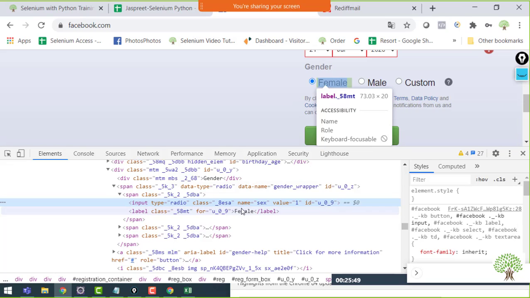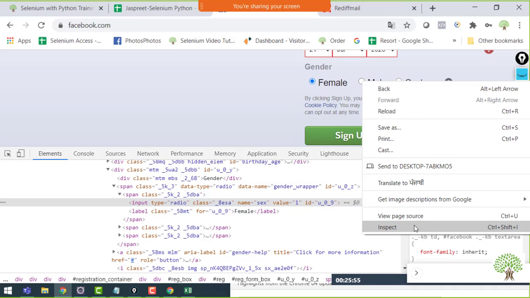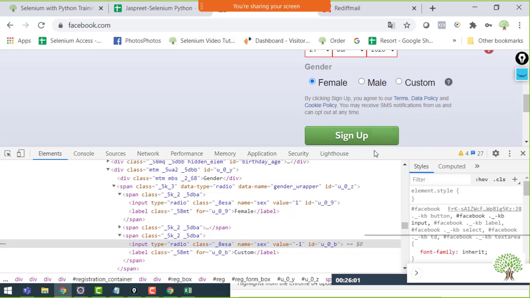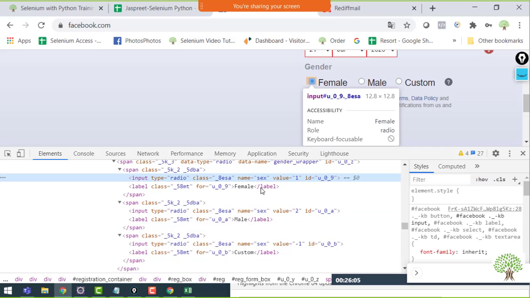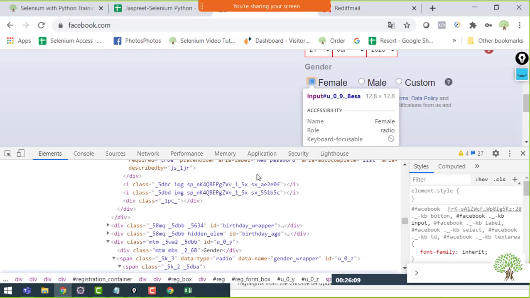Over here you can see the name of this attribute is this, and if I inspect another radio button, that also has the same name. And the third radio button on this page, so all three of them have the same name. You can see over here.